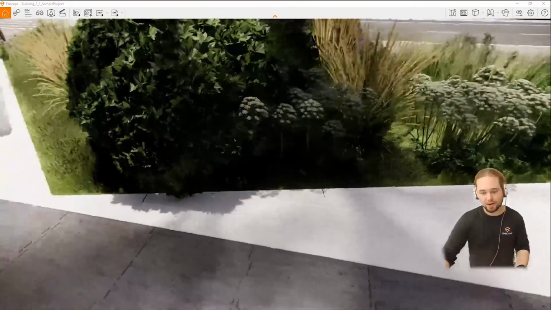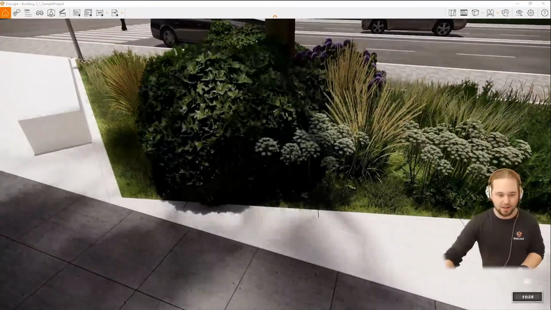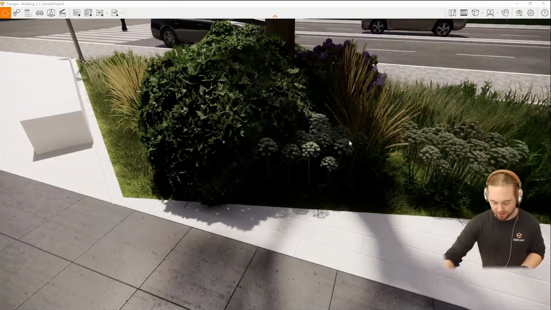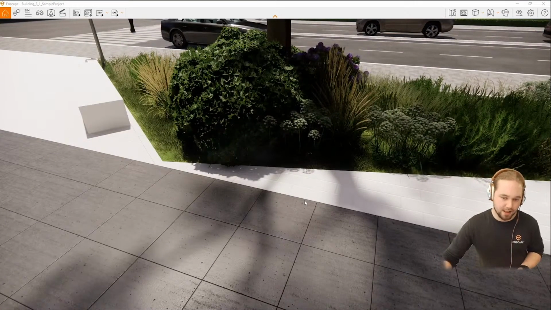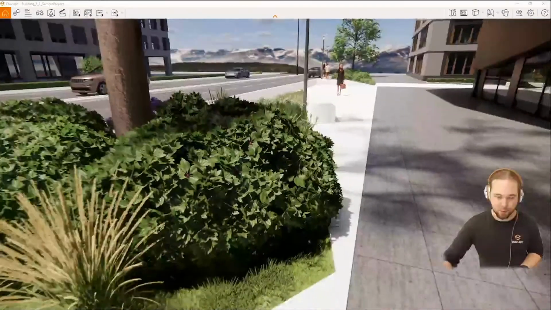Well, and with the RTX technology, we now get to deliver these ray-traced sun shadows in any Enscape view, so in real time as well.